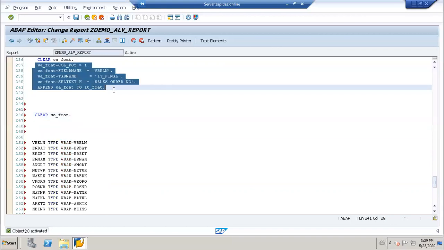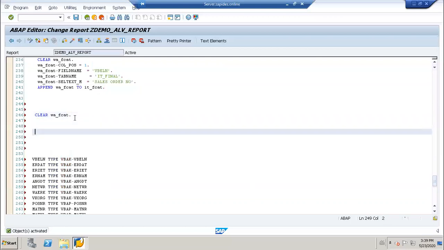I'll just copy them, that's it. I don't want to write individually. I'll copy them now.